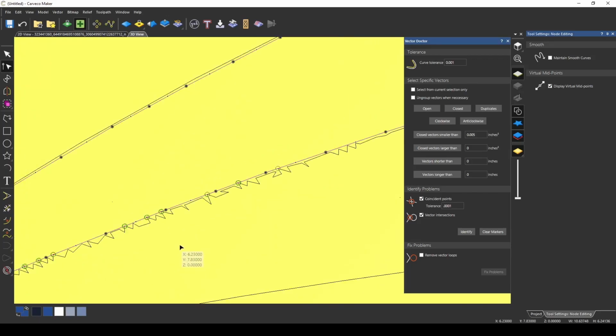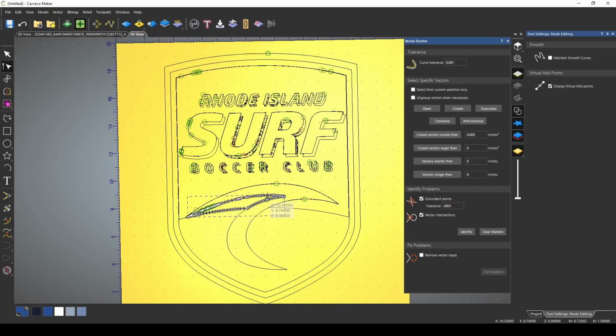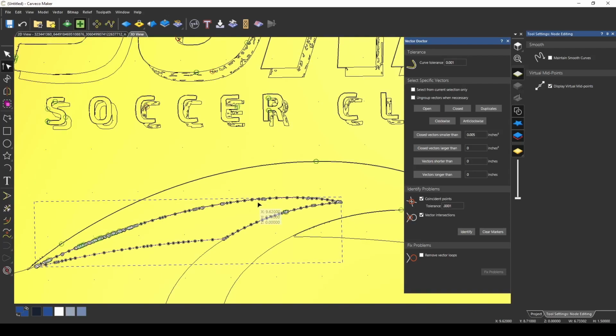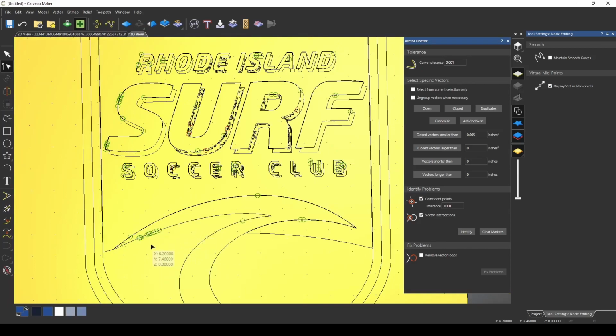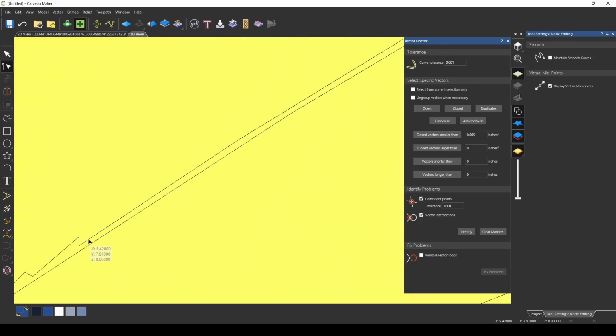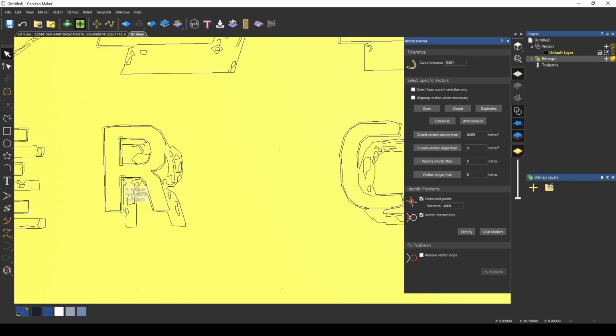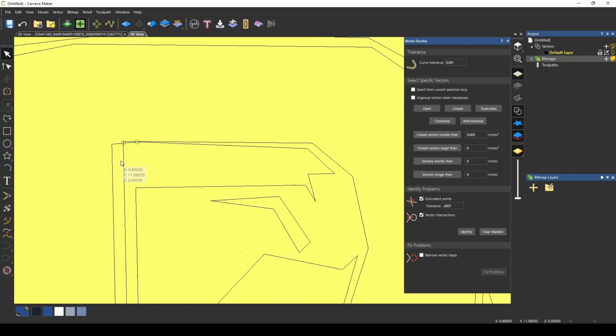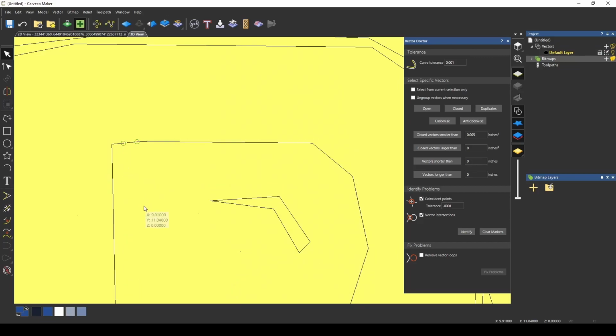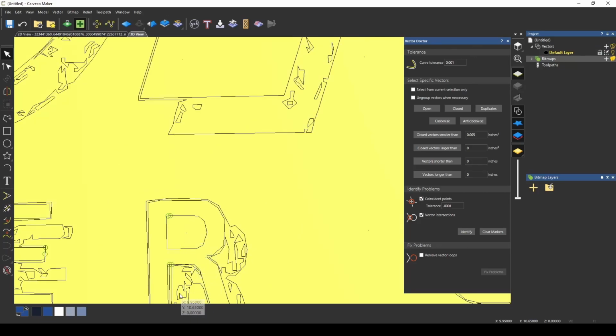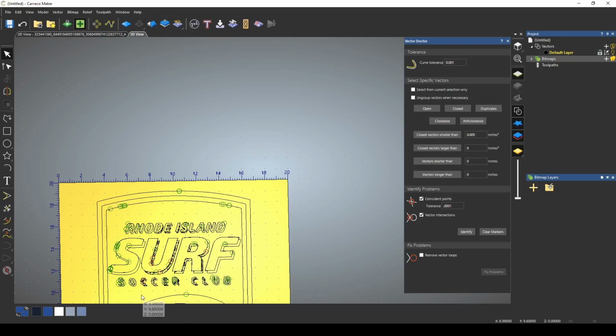What you're going to find is a lot of times it has to do with two lines on top of each other, which will create a lot of these vector intersections. So you would just want to delete the second part. That's going to get rid of all those vector intersections. And we could clean this up pretty quickly by going around and just deleting all the extra stuff that doesn't need to be there. And that's how you would clean that up, using the identify, and it'll show you where you have more problems again.